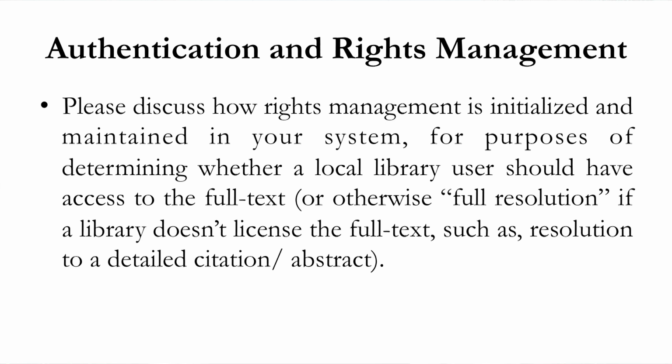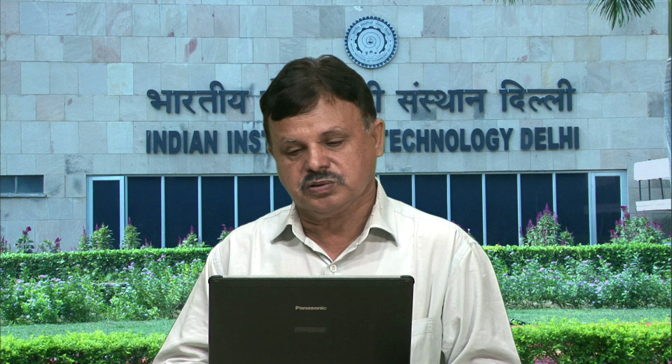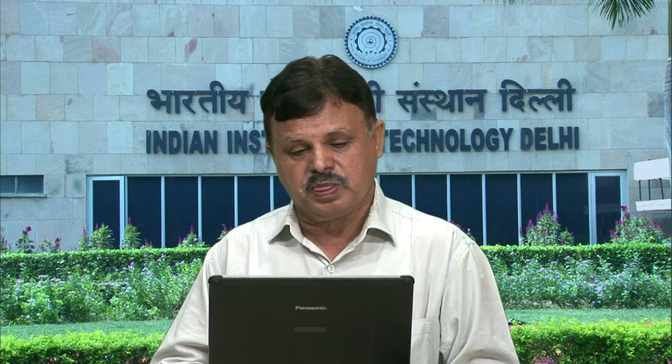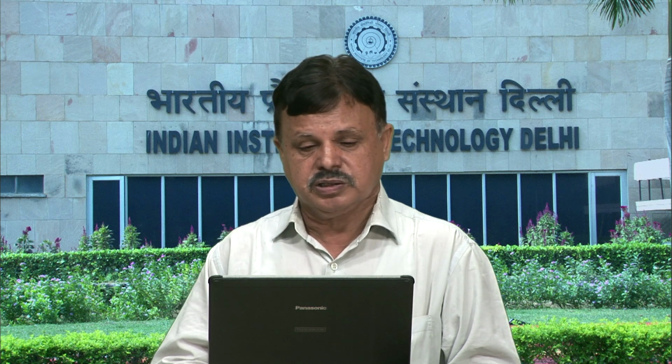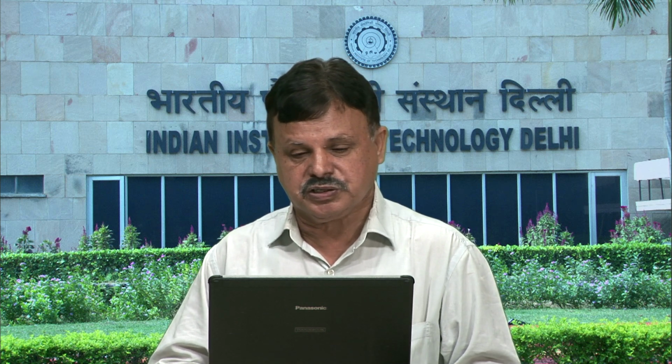Also, how is rights management initialized and maintained in your system for purposes of determining whether a local library user should have access to the full text? If a library does not license the full text, then only the citation and abstract are shown. So again, the discovery system has a system in its search interfaces where it establishes complete authentication with regard to